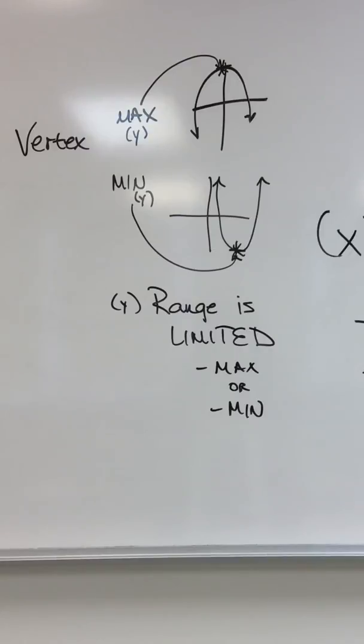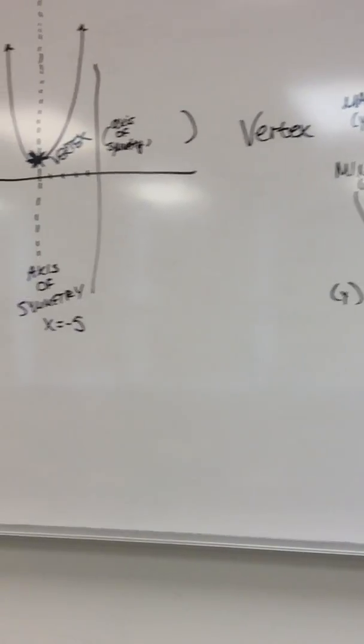When we graph these quadratics, we see a parabola. It's either going to open upward, and the vertex is going to be a minimum, or it's going to open downward, and the vertex is going to be a maximum. Now going back to this guy over here,